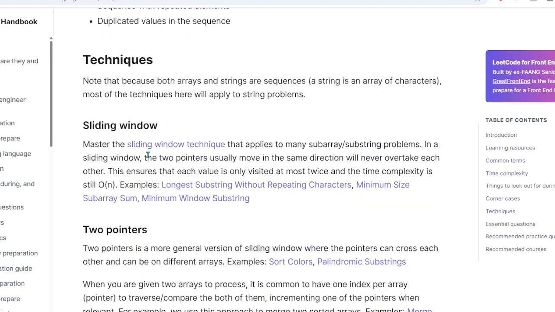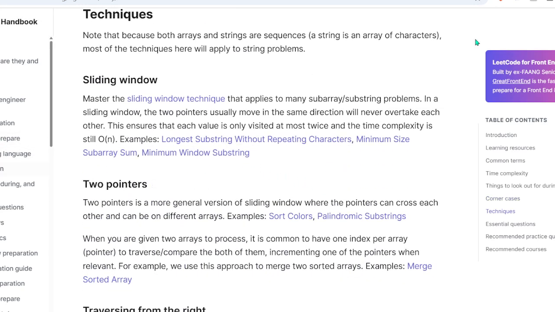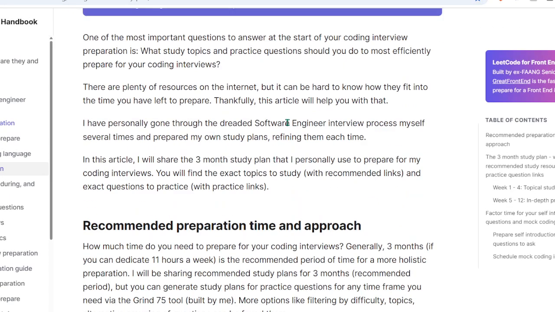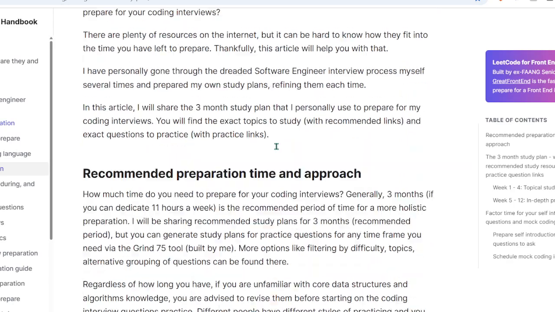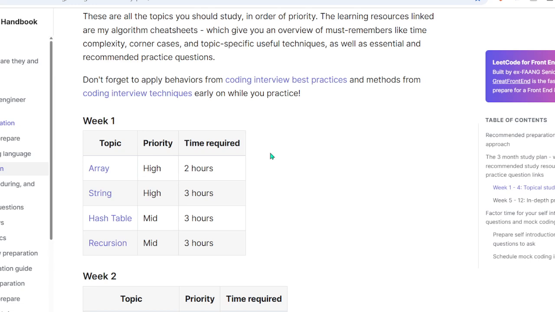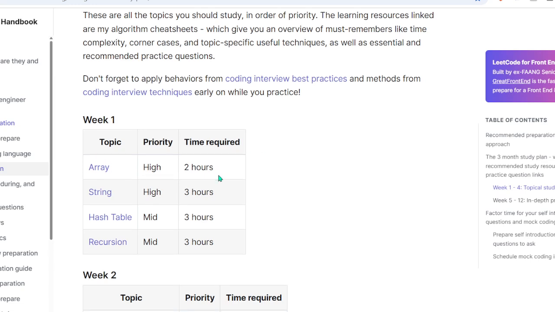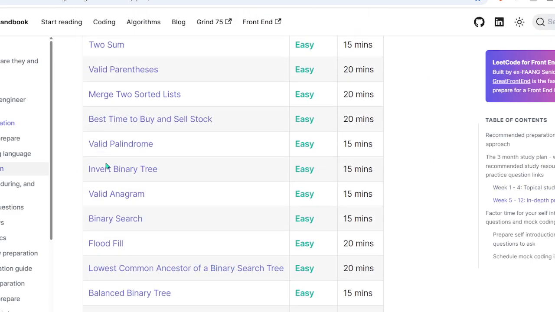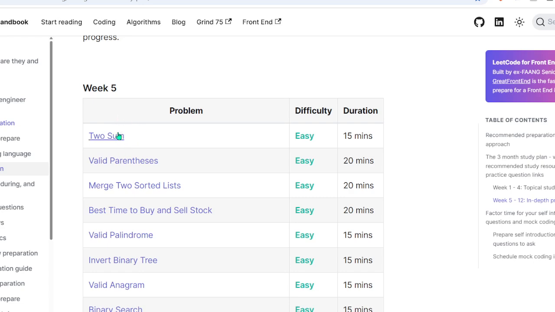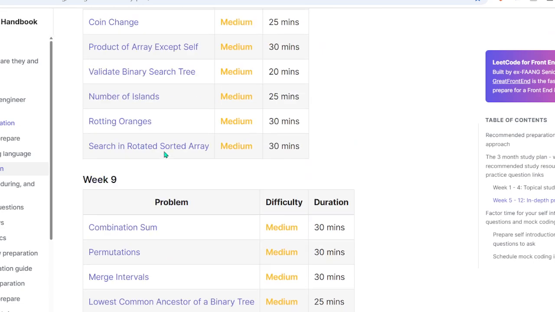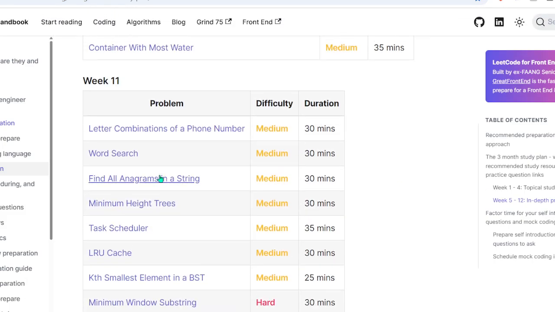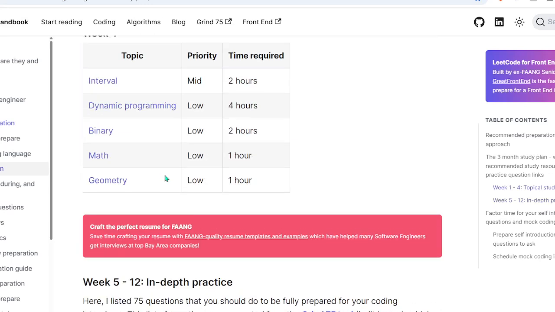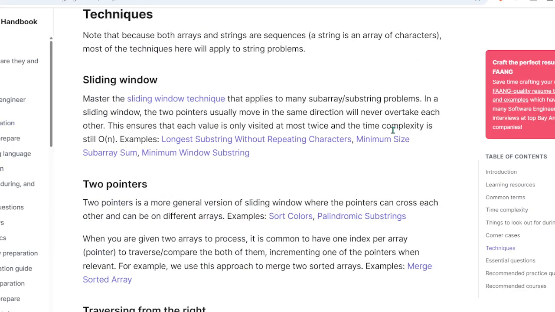I will go through these sliding window problems, but there are some other problems that I think they linked somewhere else. Also, yeah, this video is probably going to be unedited, so it's not going to be super well put together. Okay, yeah, so this is where they have the problem lists, like two sum and all these. So this, I guess I will tackle in later weeks. But for now, I think we should just tackle the ones on this page.